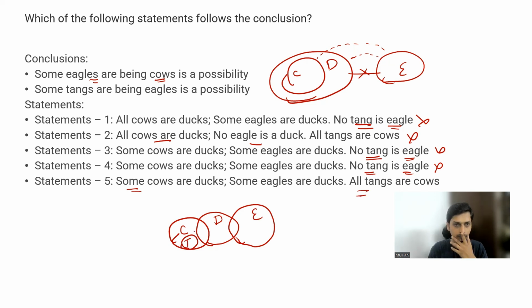Now look at this picture. Here, I don't know any direct relationship between eagle and cow. I don't know whether it is related or not. I don't know the relationship between tanks and eagle. But we can tell in possibility there may be some relationship between cows and eagle, tanks and eagle. So you can give that kind of relationship. In that case, that will be correct. But you can't tell a direct relationship between cow and eagle. So the answer for this question is statement number 5.